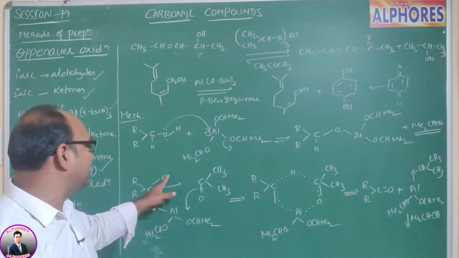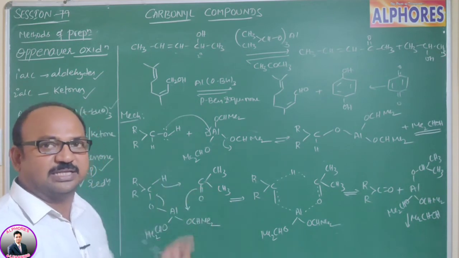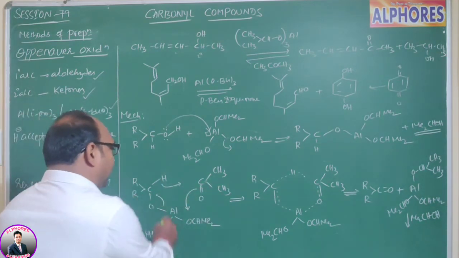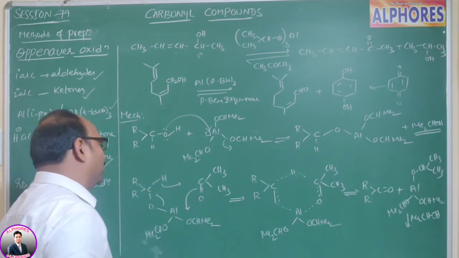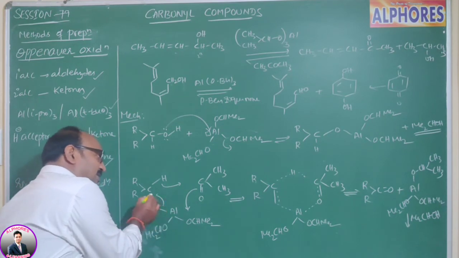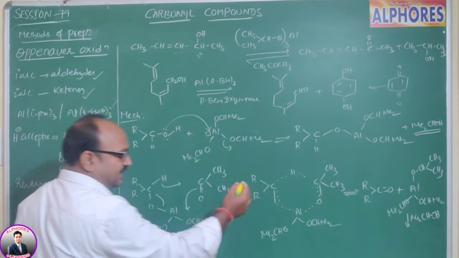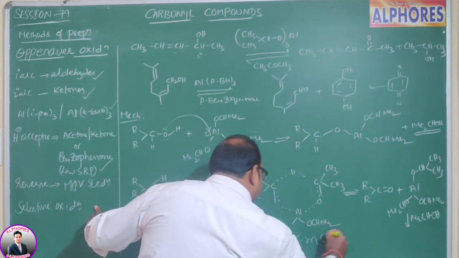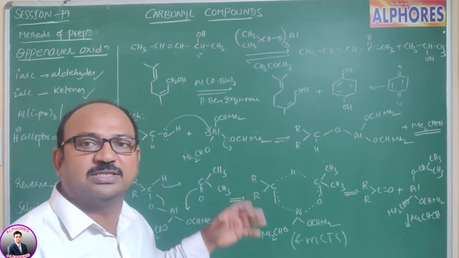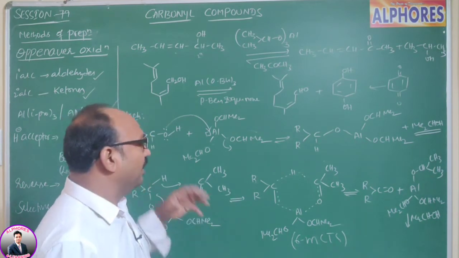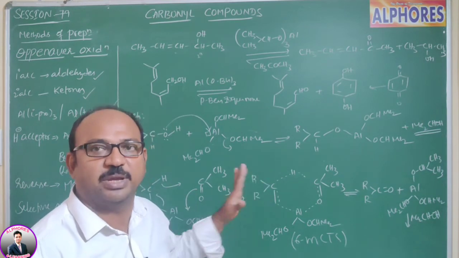This carbon consists of a hydrogen, and this reacts with the solvent. Here the solvent is a hydride ion acceptor, as I mentioned. Then the CH bond electrons are shifted towards the solvent carbon, the C double bond O pi electrons are shifted towards aluminum, and the aluminum-oxygen bond electrons are shifted towards carbon. If you observe, 1, 2, 3, 4, 5, 6, this is a six-membered cyclic transition state mechanism. So Oppenauer oxidation proceeds via a six-membered cyclic transition state, and this is a concerted mechanism. There are no free ions here, only a concerted mechanism.